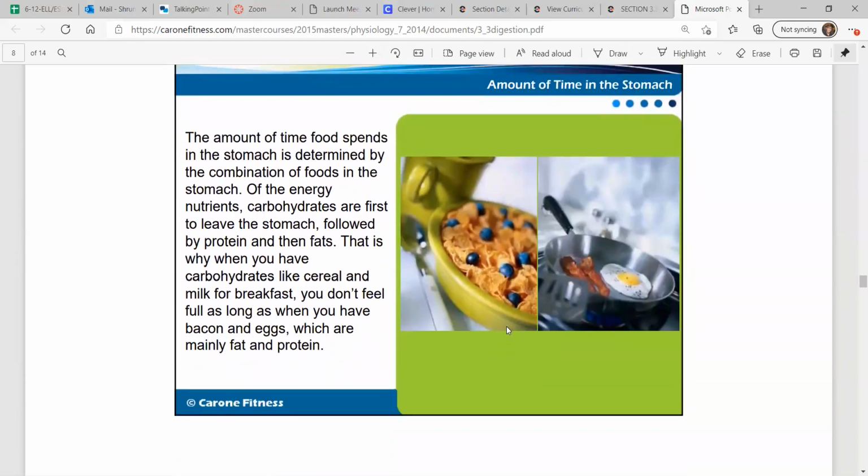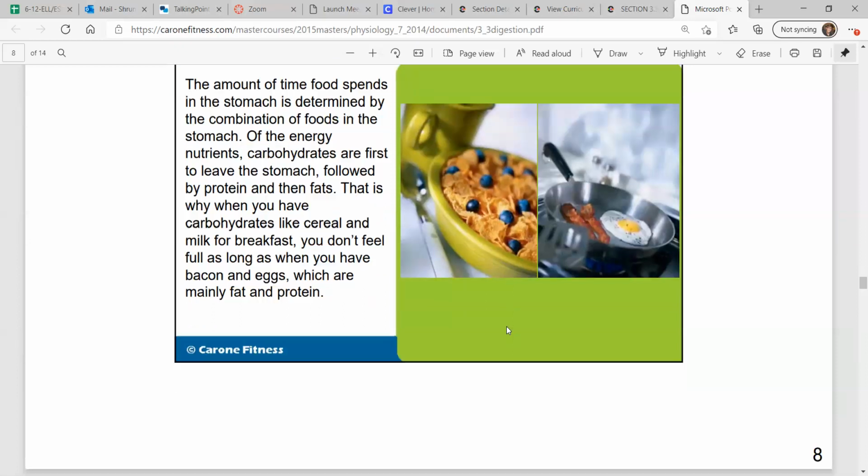The amount of time food spends in the stomach is determined by the combination of foods in the stomach. Of the energy nutrients, carbohydrates are first to leave the stomach, followed by protein, and then fats. That is why when you have carbohydrates, you don't feel quite as full for as long, because the food doesn't stay in your stomach as long. But I don't know. I feel fine with a lot of carbs, so